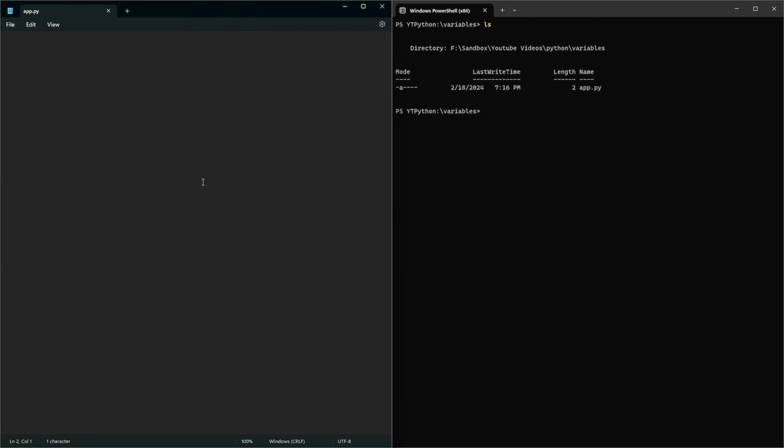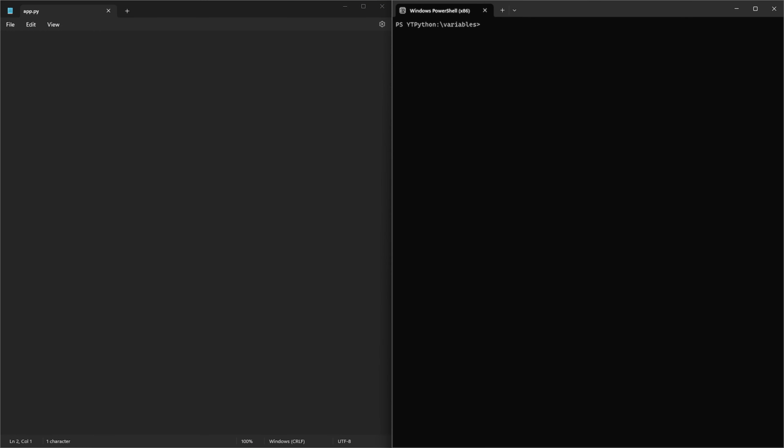So if you're following along and you want to experiment with variables in Python, you can create something similar here just by creating a directory, navigating to it, and then putting an app.py file inside of it. That's where we're going to be typing the instructions for the program that we're going to use to demonstrate